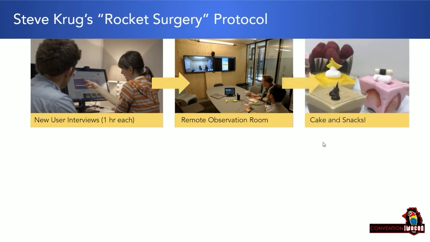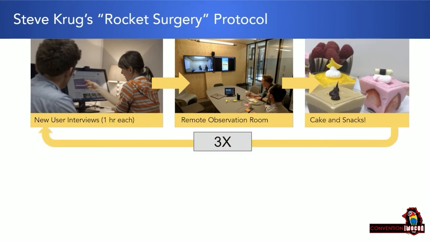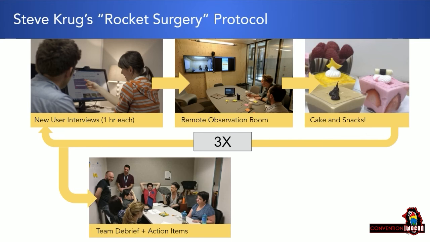And repeat this 3 times. You can get value out of this process with as little as 3 users for 1 hour each. And after you do this, you get your team together, you do a debrief, and you decide what the action items are. And just the act of having your team observe somebody who has never played your game before